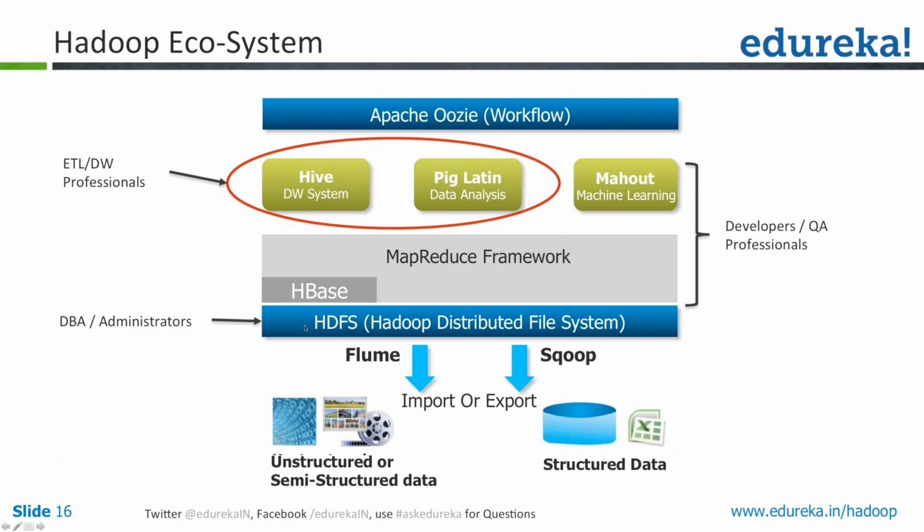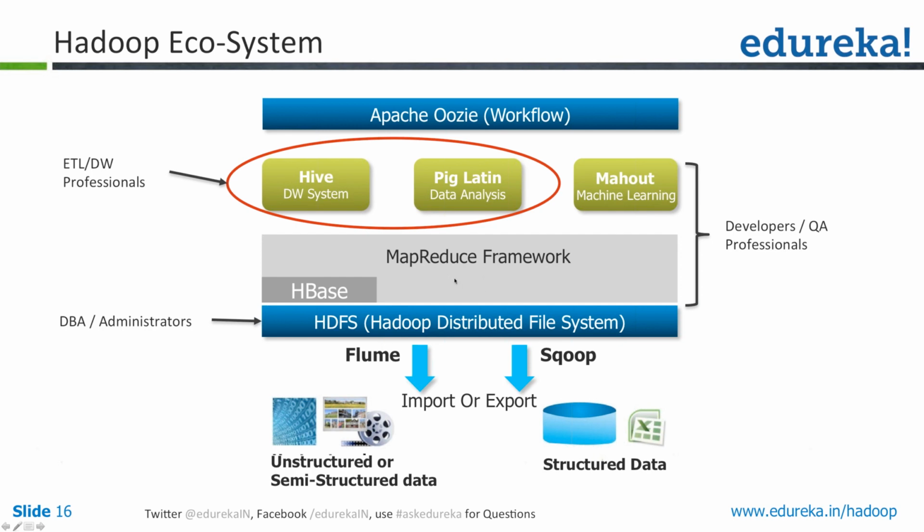A typical analogy will be that you're having elections somewhere, and all your people voted at the various constituencies, and finally what you did was that you counted your votes at various constituencies. That can be your map program, and then you finally sent this counting to a central location where you declared the result, and that program which did that counting could be a reduce program. And there are many more applications, but just to give you an example. So I hope this is clear now. These are the two core components of the Hadoop architecture, the HDFS and the MapReduce framework.